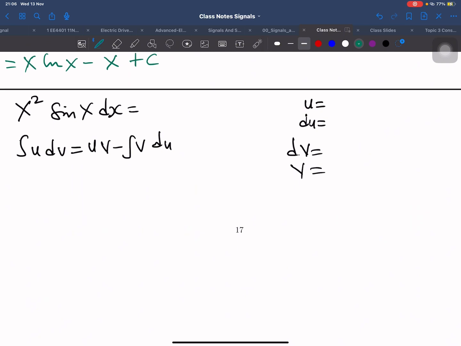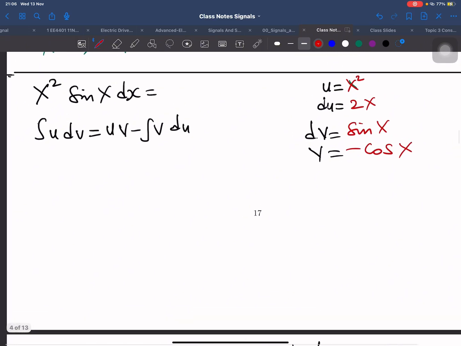x squared sine x dx. First of all, which one do we make our u? Let's make x squared our u. Our u is equal to x squared, then du becomes, if you differentiate, 2x, and then dv, the remaining part, that is sine x, and then v becomes, if you integrate sine, you get minus cos x. We now add it to the formula uv, that is x squared multiplied by minus cos x,